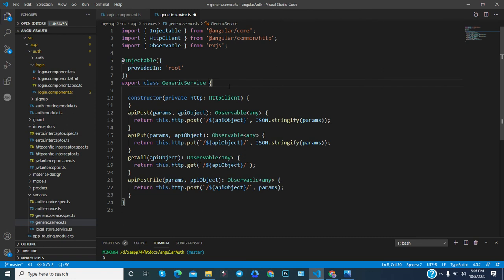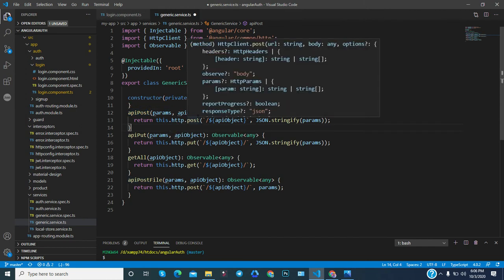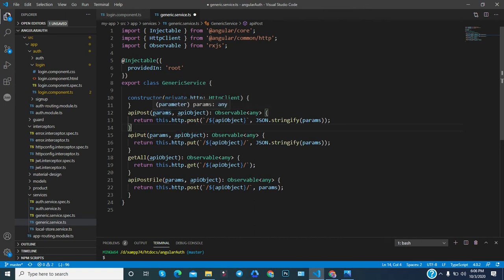So what we are doing here is creating one service. Through this service we are calling the method, and you are passing some parameters, maybe endpoint or data. If it is a post request, then of course you need to provide the endpoint and data. And for the get request you only need an endpoint.